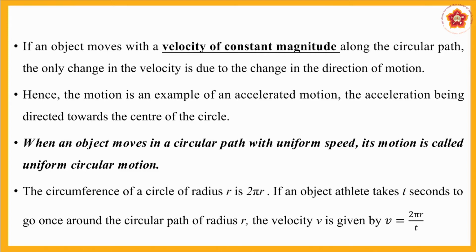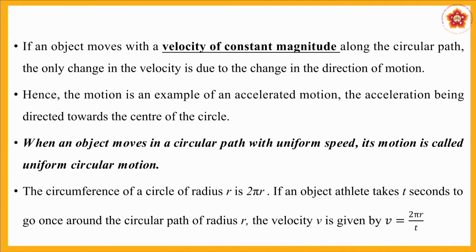And when we are solving numericals, we calculate the uniform speed or velocity like this. If the radius is taken as r, the circumference will be given by 2 pi r. If the time taken to complete a round along the circumference is t, then the velocity to move around the circular path and come back to the same point is the distance travelled divided by time taken, which is 2 pi r, the circumference, divided by t. So this is about uniform circular motion.